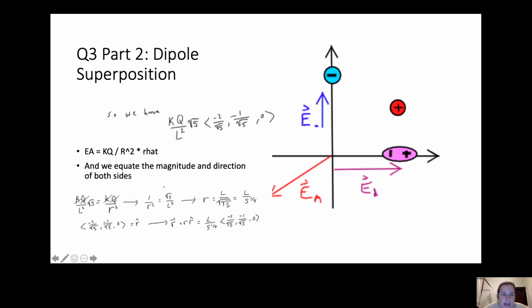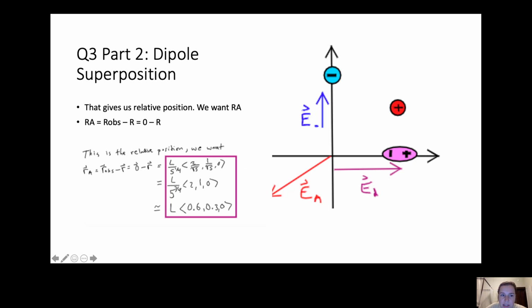So E_A is equal to kq over r squared times r hat. And we equate the magnitude and direction of both sides here. Then you'll see that r is equal to L over 5 to the 1/4. And if we want the vector r, what we need to do is multiply that r that we just got times r hat, found here as (negative 2 over root 5, negative 1 over root 5, 0). And so our vector can be seen here for where we'd want to place A. And we find that it is